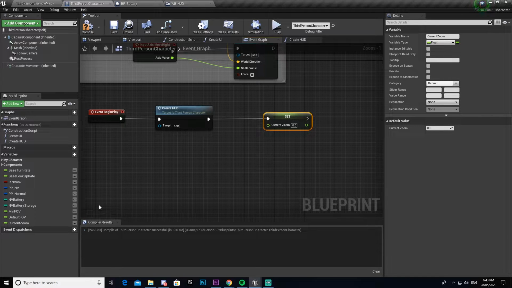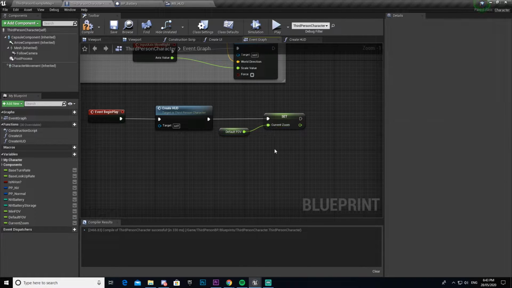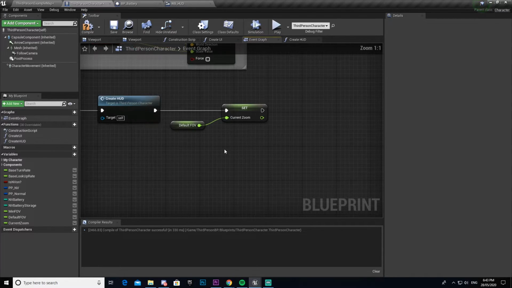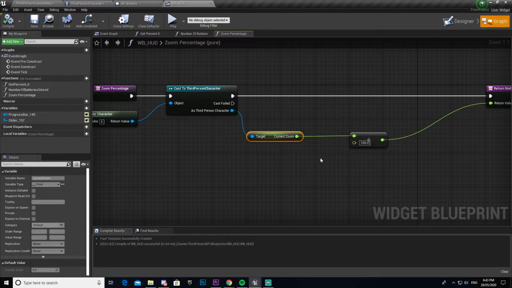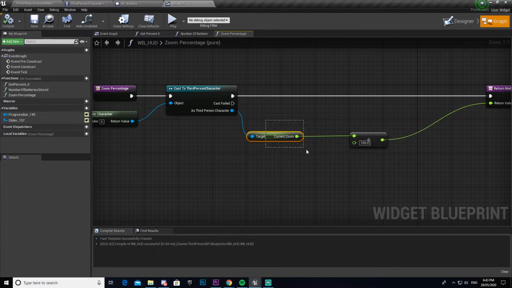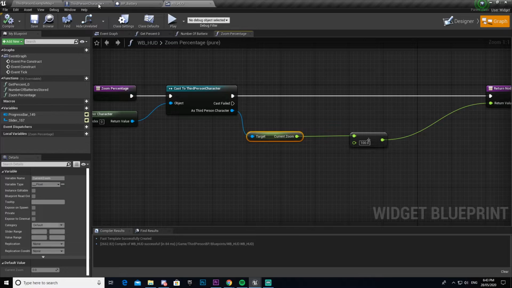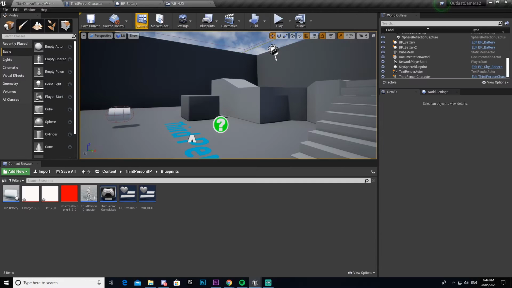And now that we've done that, we now need to get our default field of view and then connect that. So what this does is that at the beginning of you launching your game, it will go event begin play, it puts our HUD on our screen, and it will now make sure that our current zoom is set to this, which will then under here update it here, because this reads our current zoom, and before by default it